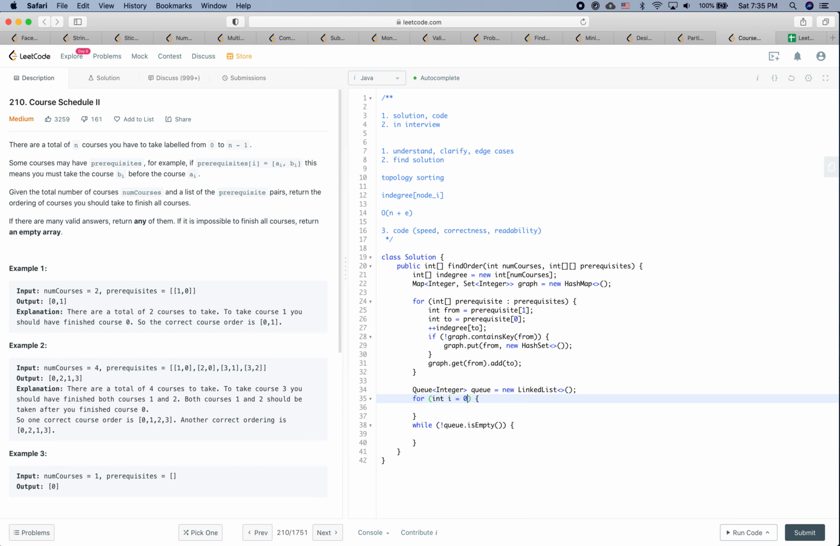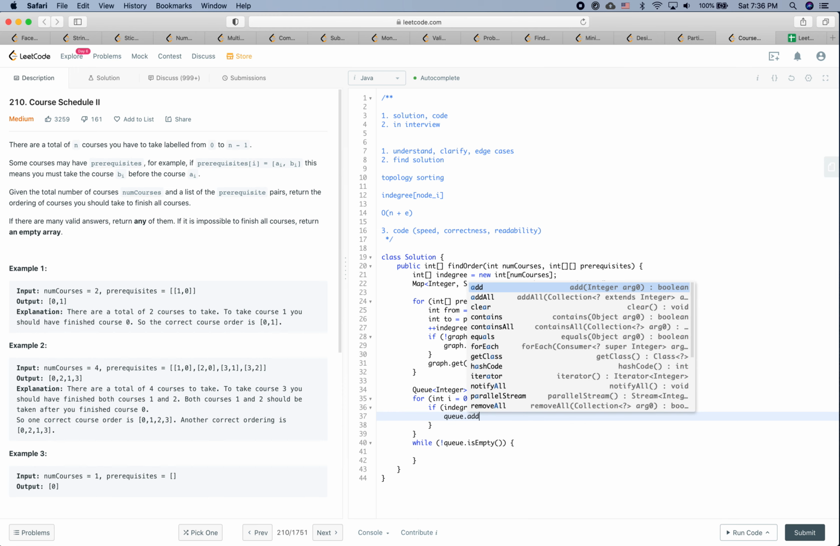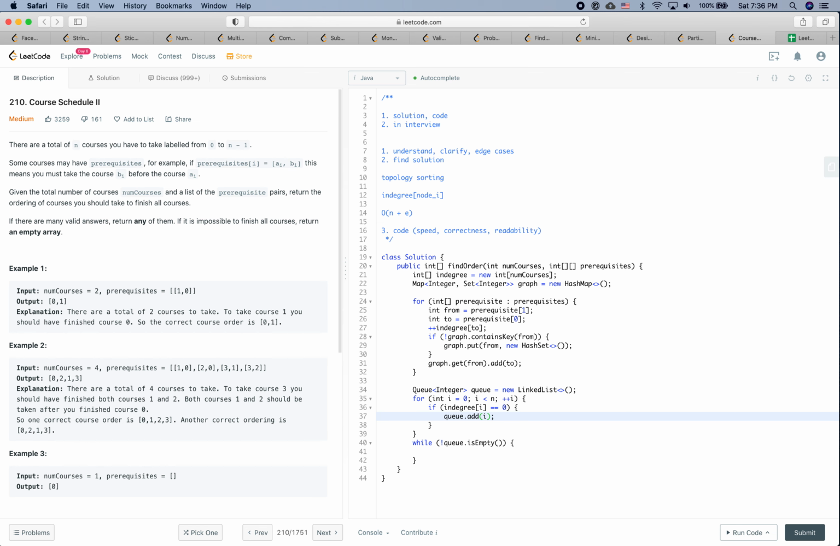So int i is equal to 0, i is smaller than n, ++i. If the indegree of i is equal to 0, then we are going to have the node added into the queue at the very beginning. So while the queue is not empty, we will have int courses